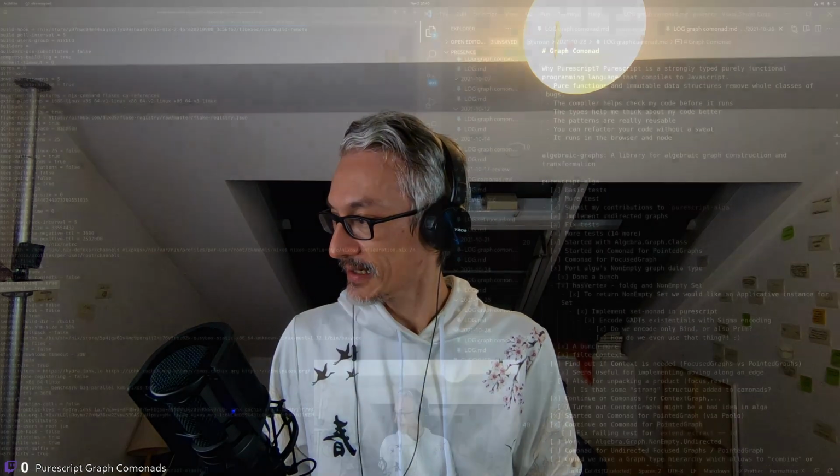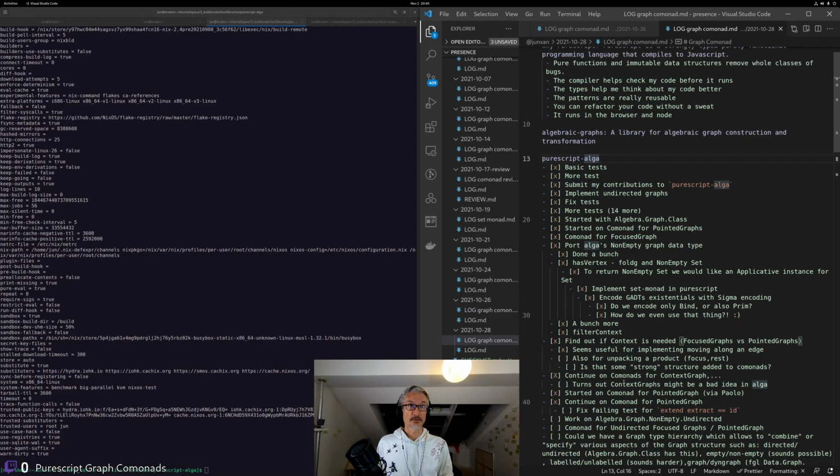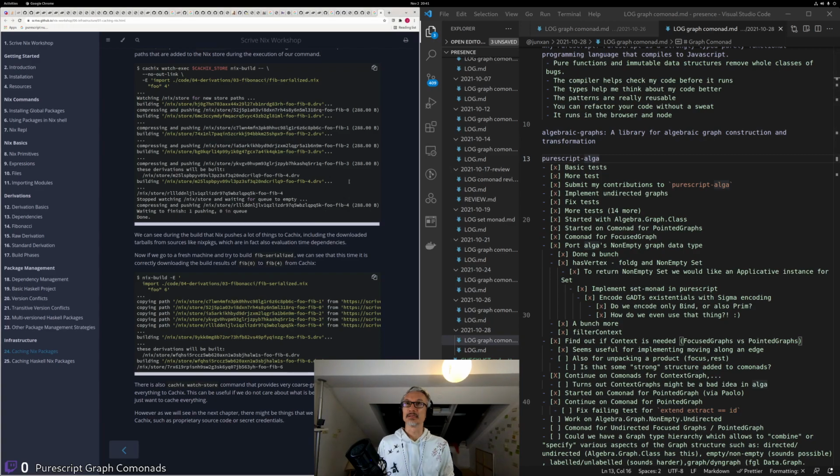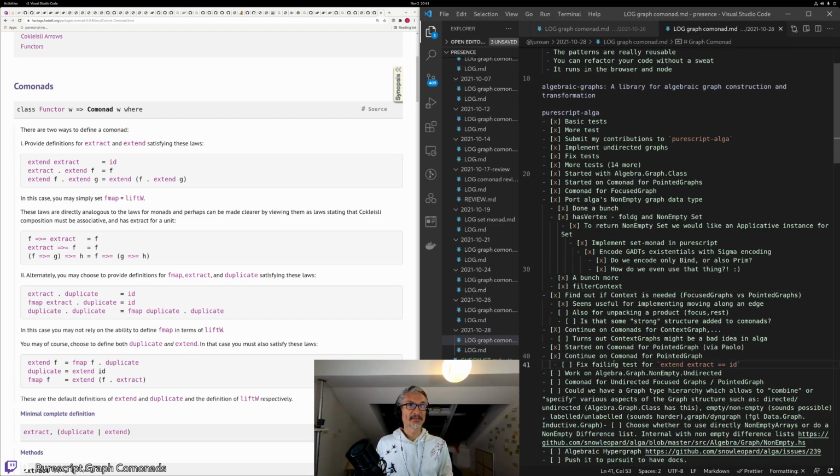And we're still working on this graph library, algebraic graphs, ported from Haskell, and implementing a Comonad instance for it. And that led us through a whole bunch of rabbit holes and twists and turns and exciting moments. And we're now trying to implement the Comonad instance for one of our types of graph, which is